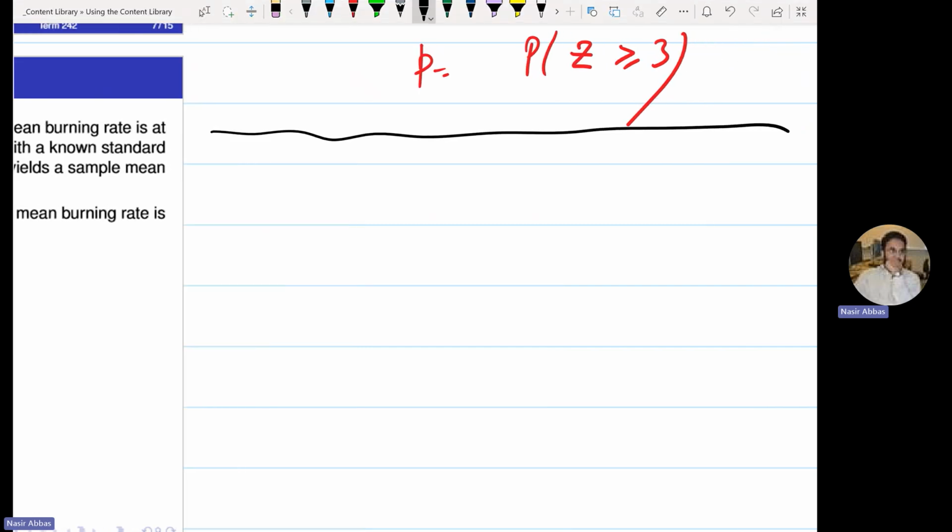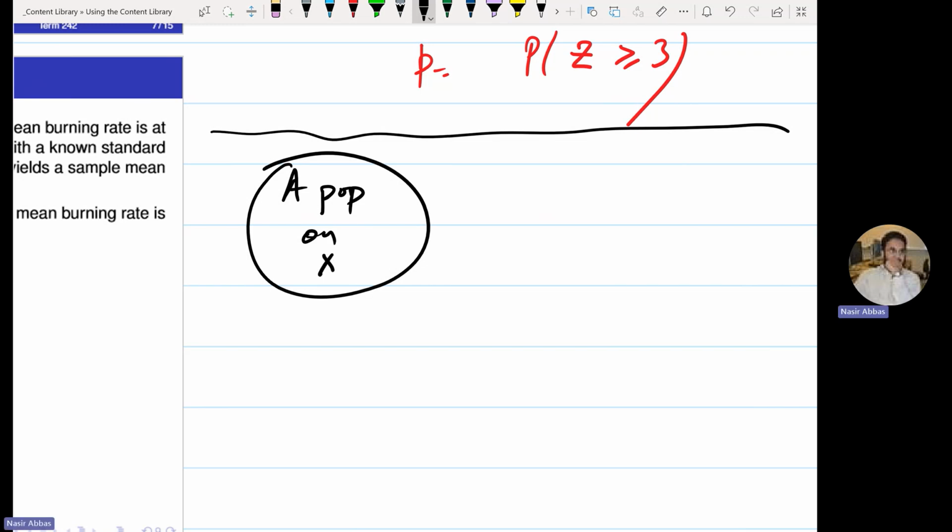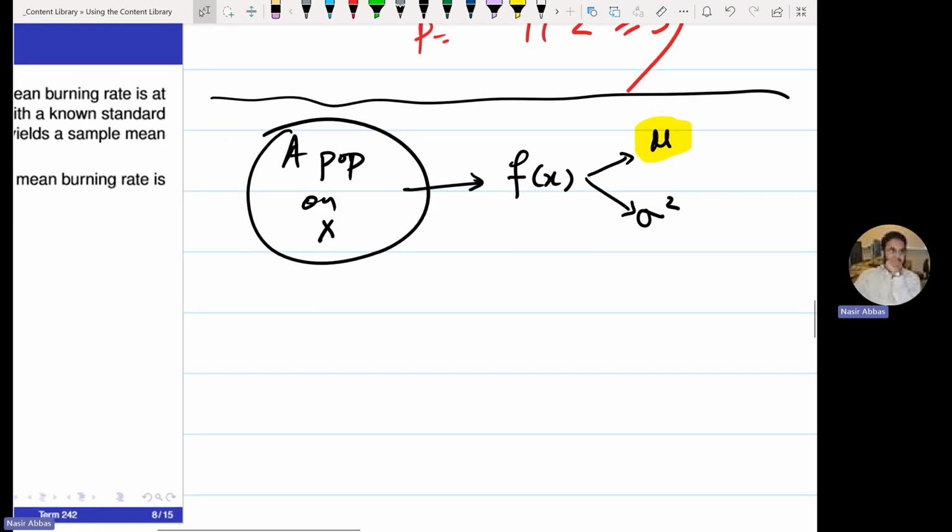In chapter 9, we said that sometimes we are interested. Suppose you have a population on variable x. This population is modeled by f of x. For this f of x, sometimes you have an unknown parameter mu, where sigma square is sometimes known, sometimes unknown. This is where you are interested. To estimate this quantity mu, what do you do? You take a